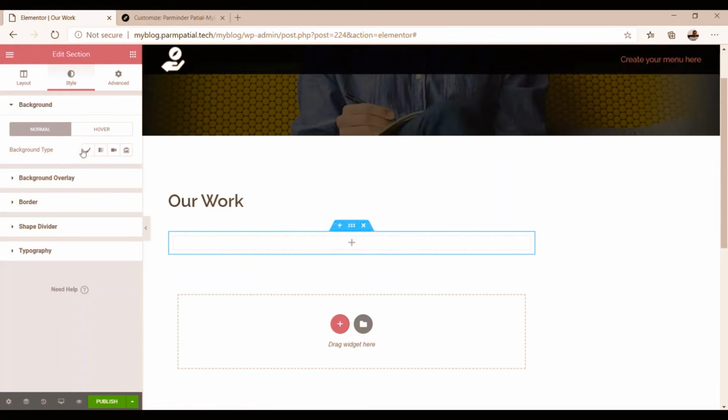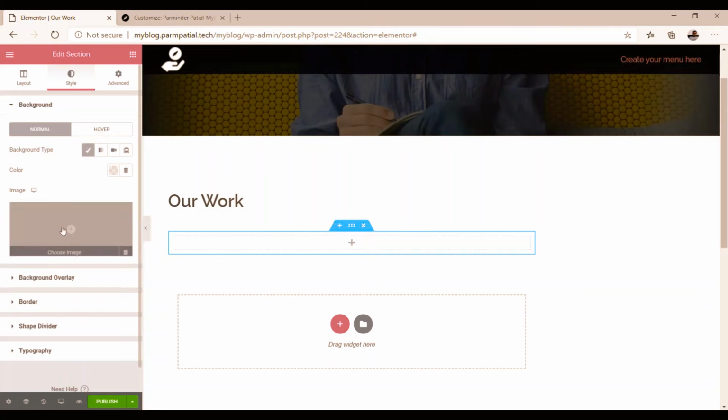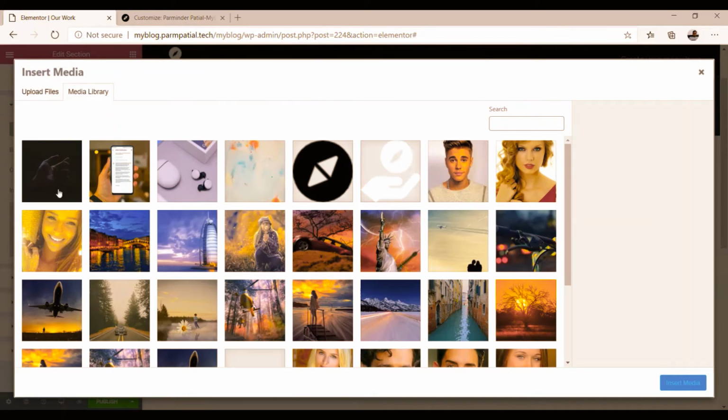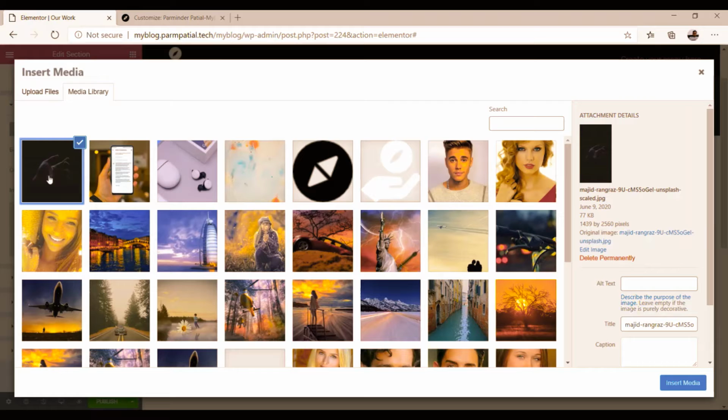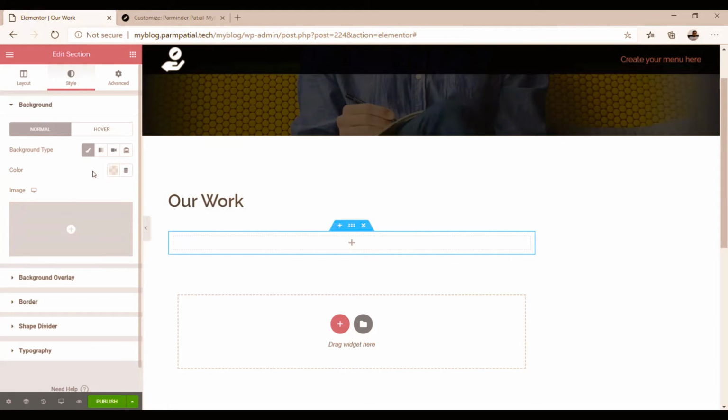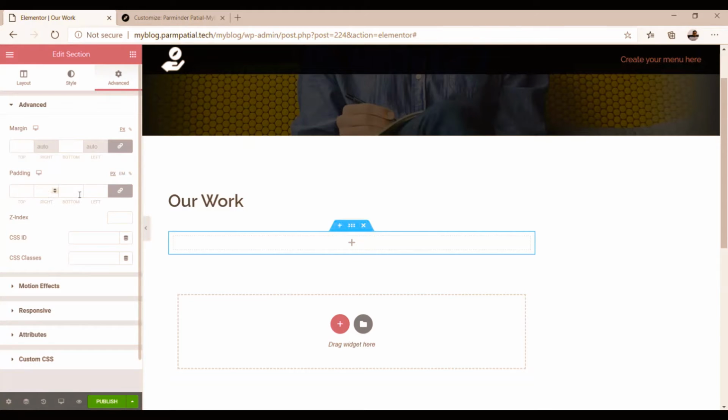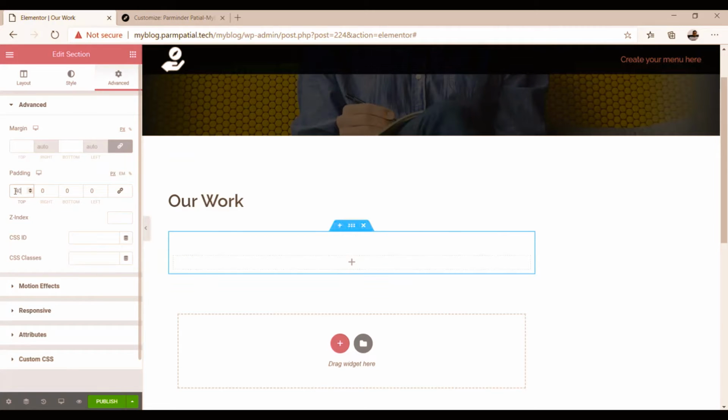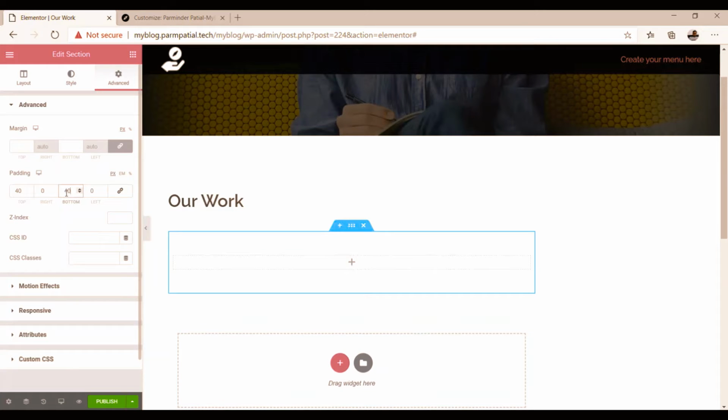I'm not going to use a background for the image gallery, so leave it. Then go to the advanced option. In the advanced option you select a padding for top and bottom, so I'm going to select a padding of 40 pixels at the top and the same 40 pixels at the bottom, you see over here.